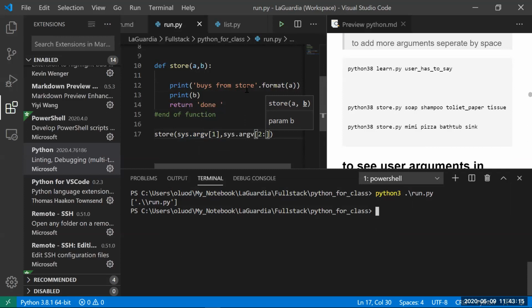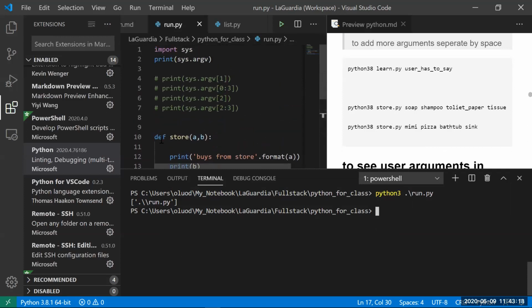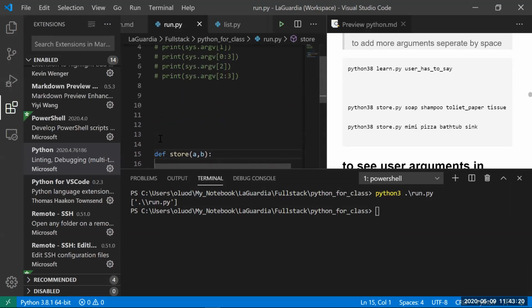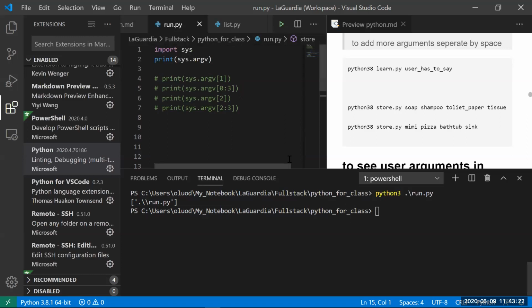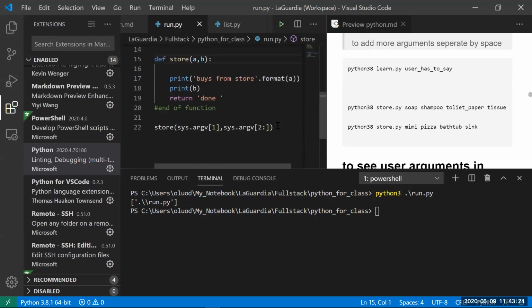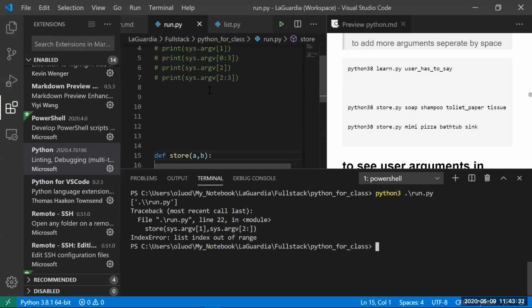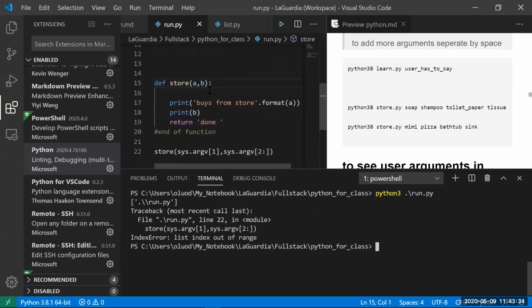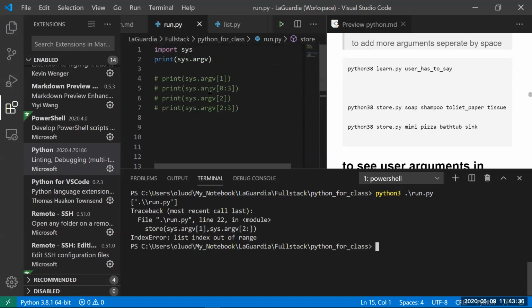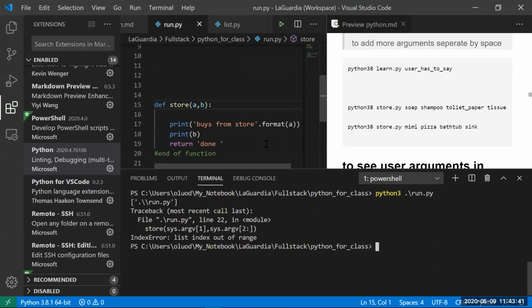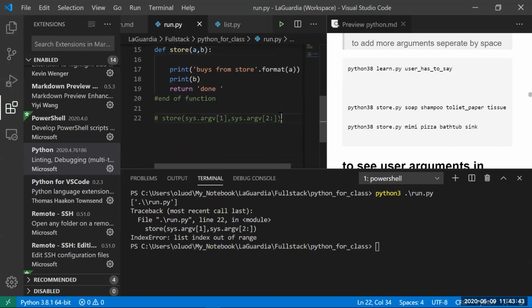All right, so we go ahead, we have our function here, and now we just want to go ahead and see what the user, say if the user wants to buy from the store and your user is Matt, right? So Matt might have different items to buy from the store than Corey, and then Corey might have different items to buy from the store than Jay. So in order to see our arguments, what we want to do first is go ahead and